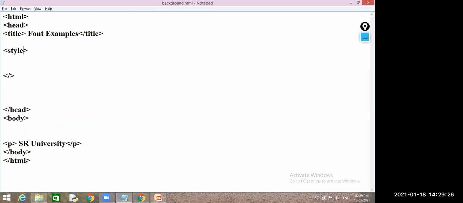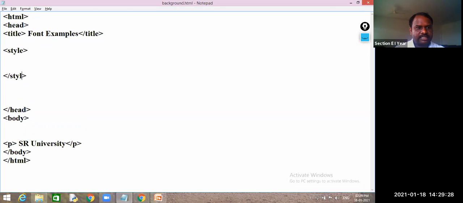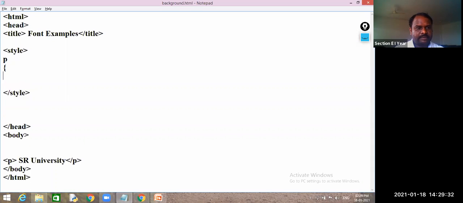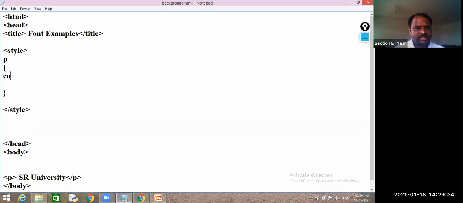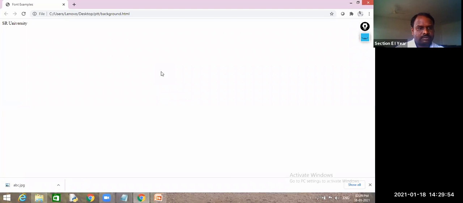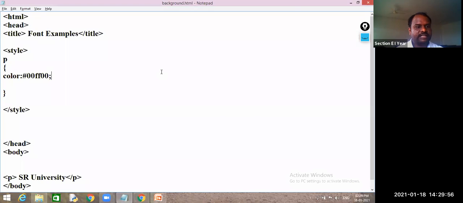Style tag, very good. I will write style, and for which element? Paragraph element. I want to change the color to red. I will go for this one, FF00. Why not red? 00FF00 means which color? Green color. Yes, it has displayed with green color.